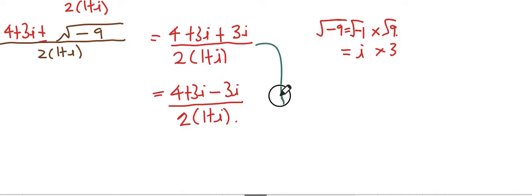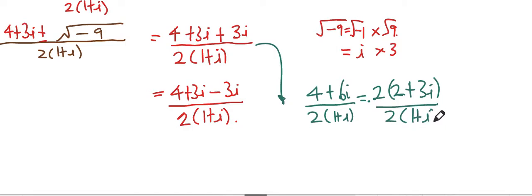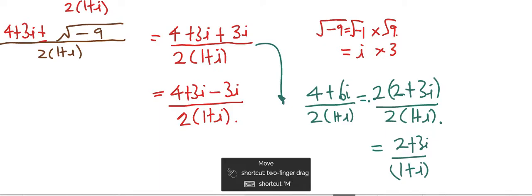Okay, so 4 plus 3i plus 3i will give me 4 plus 6i, and that's over 2(1 plus i). Simplify further: you take out the common factor, which is 2. So 2 plus 3i, and this is over 2(1 plus i). Okay, so simplifying that, we have (2 plus 3i) over (1 plus i),